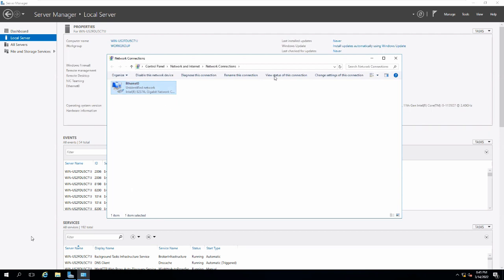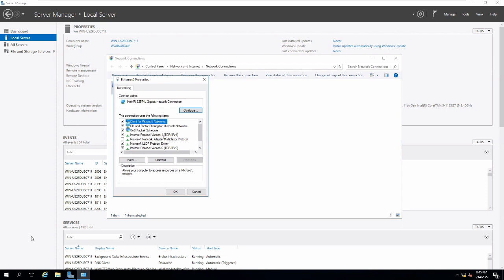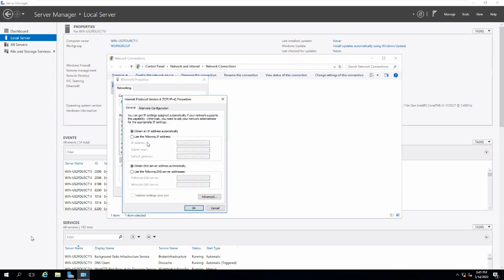You can select it, right-click and go to Properties. And here I'm going to give the IPv4 address. I don't have an IPv6 address right now. So I change the IPv4 address, go to the properties. Then there are two methods we can use. One is obtain IP address automatically, and I can give the IP address as static, manually, right? So what is the difference between these?